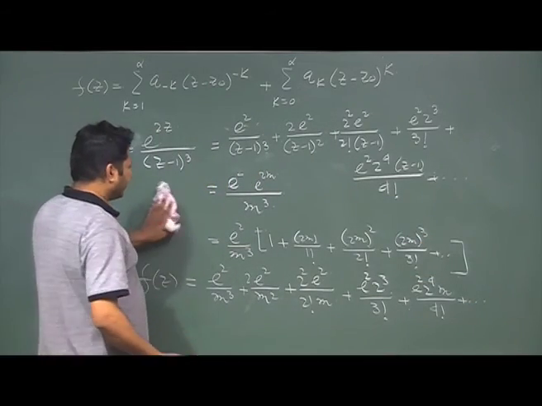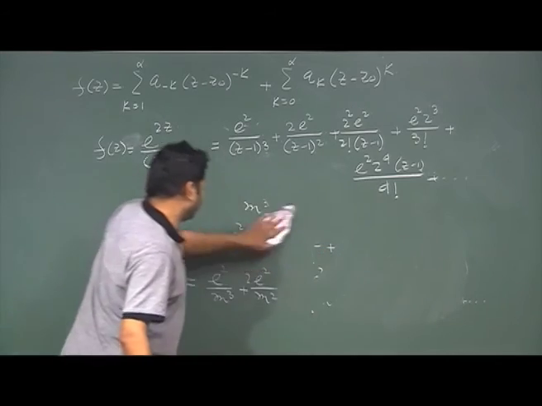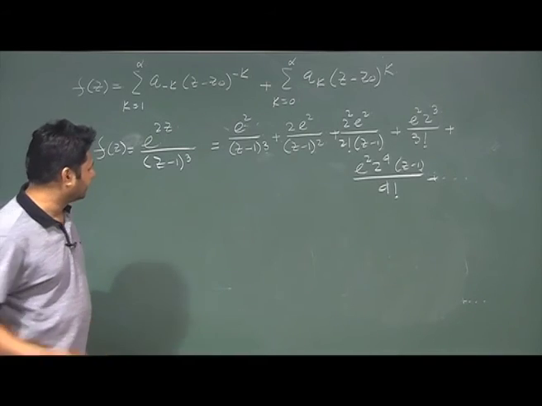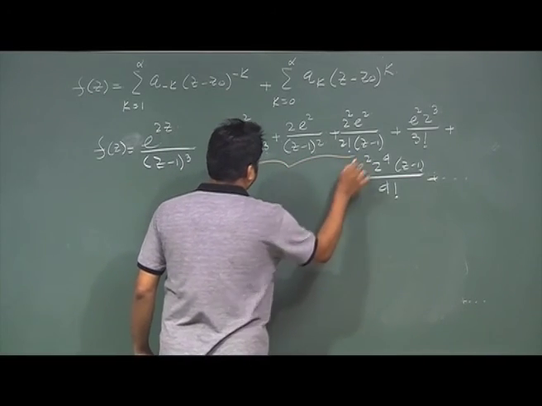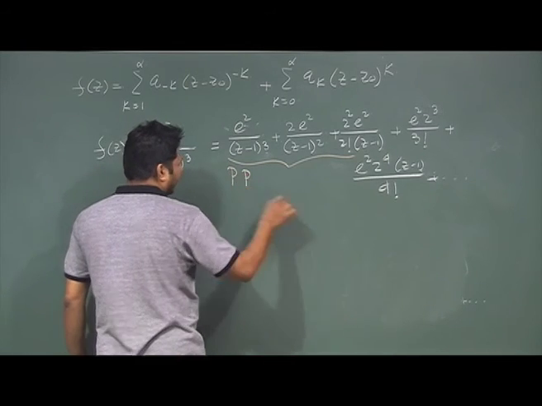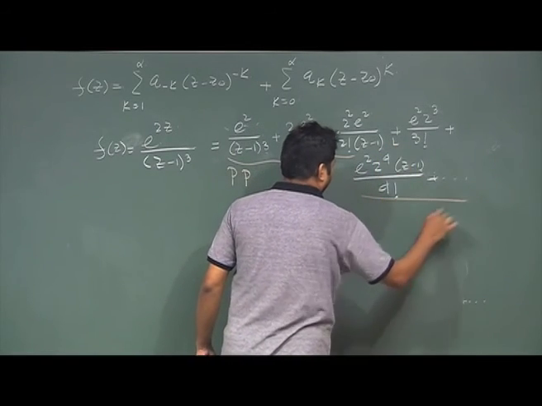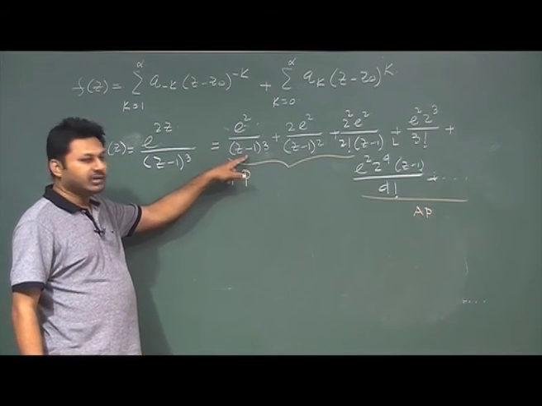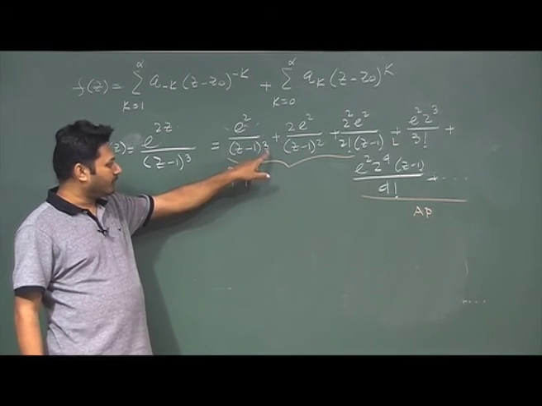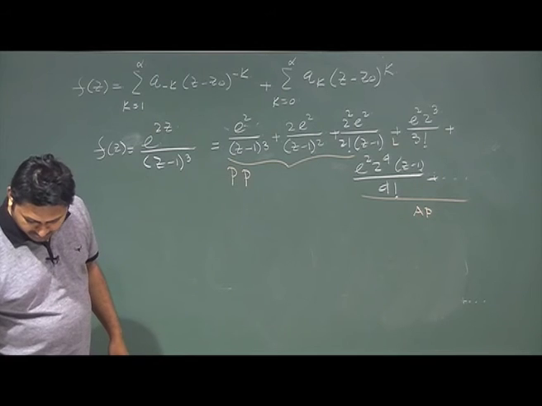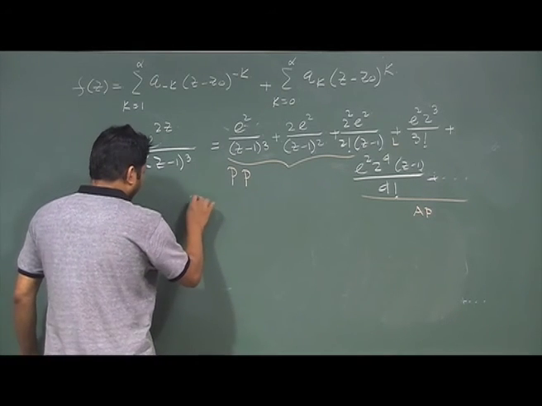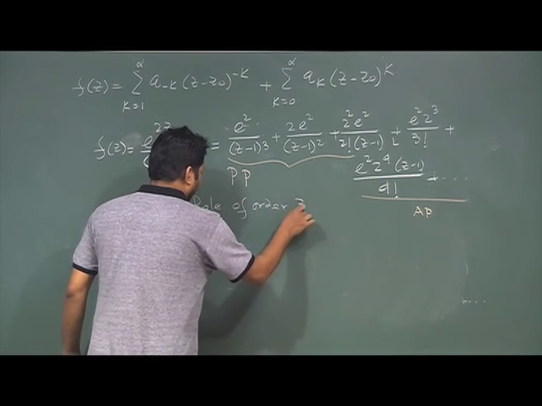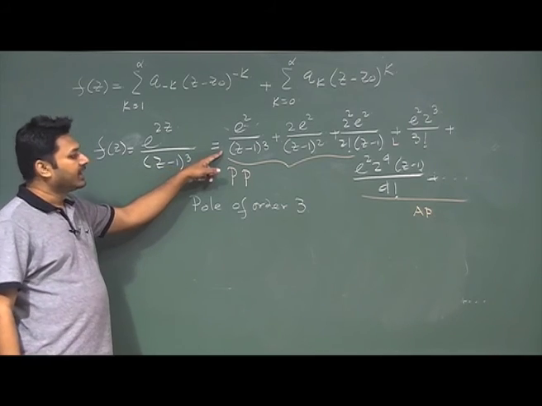So, my series is something like this, and in this series you can find that there are 3 terms associated with z minus 1 sitting in the denominator. This is associated with the principal part, and the rest of these are the analytical part. In the principal part I have a singularity at z equal to 1, and the order of this pole is 3. So, we have a pole of order 3 here for this particular example.